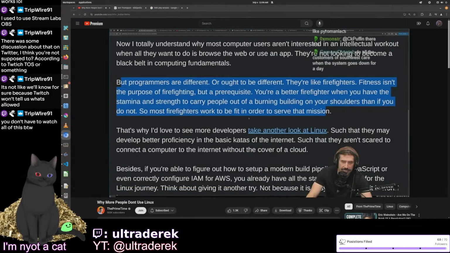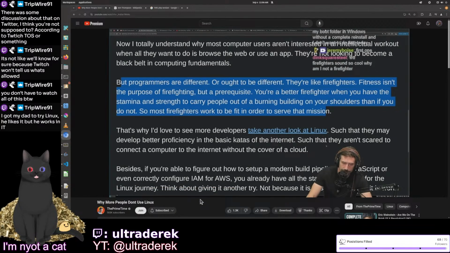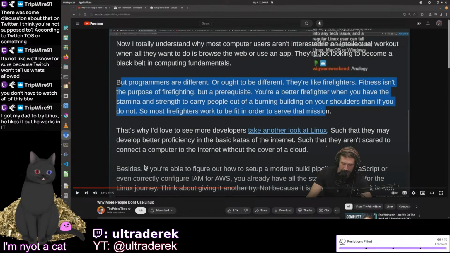This is actually a pretty interesting analogy. I like it in the sense that to become a good programmer, the more you understand the fundamentals, the further you can go. So my dad himself, he's a